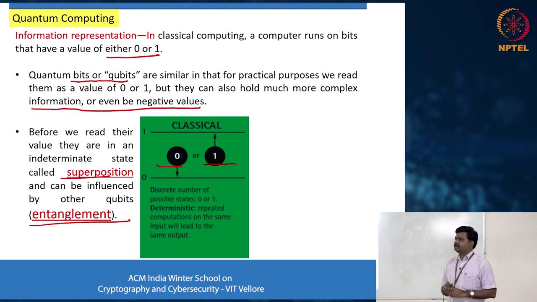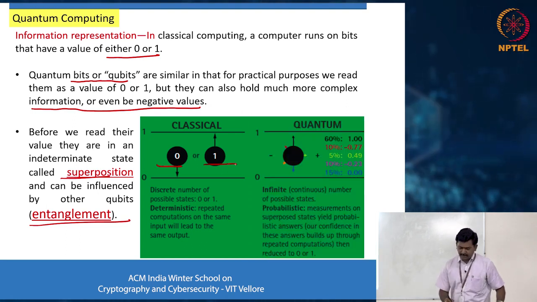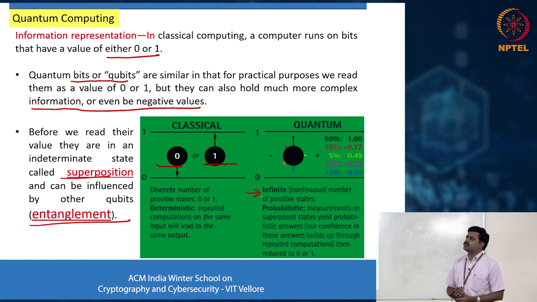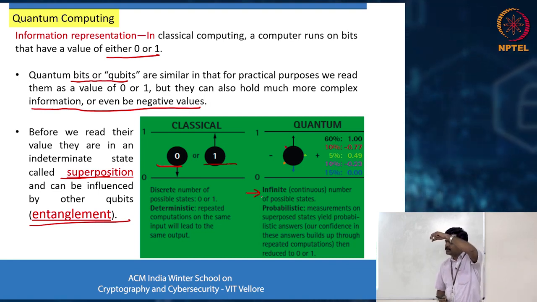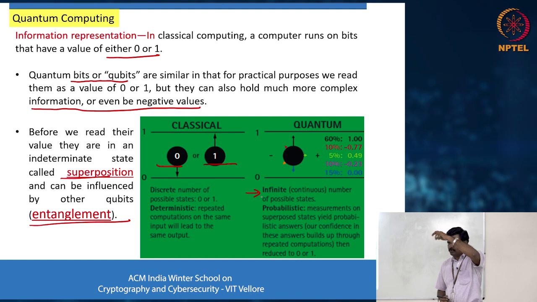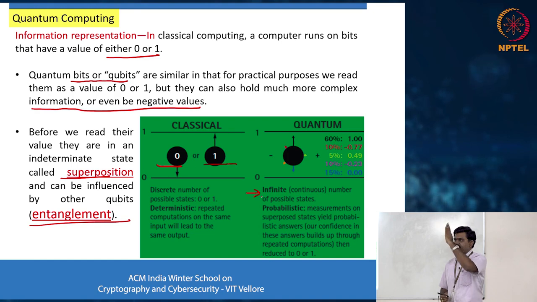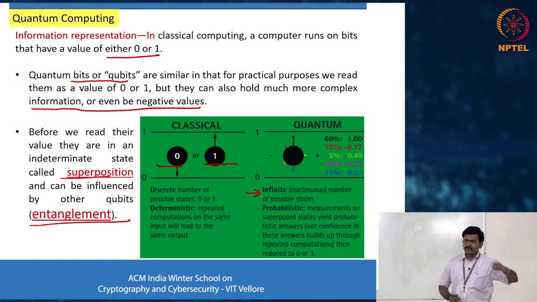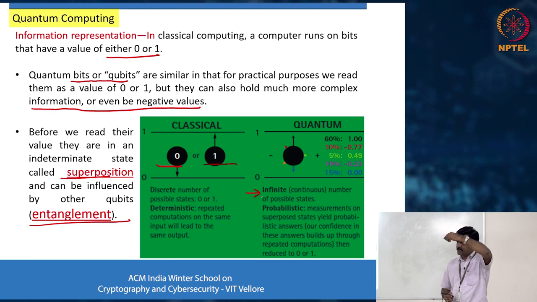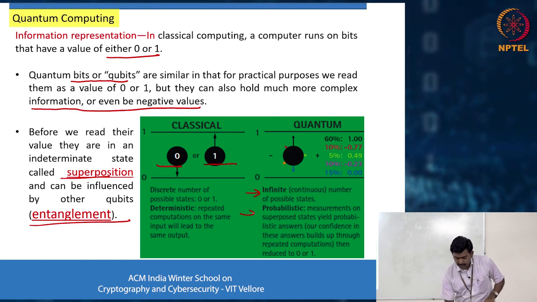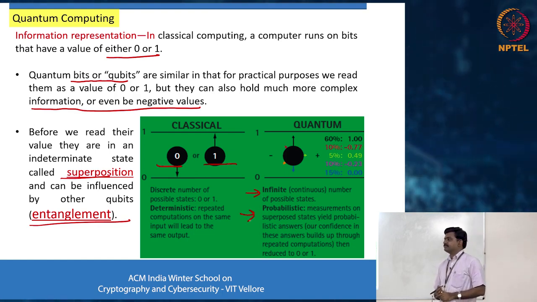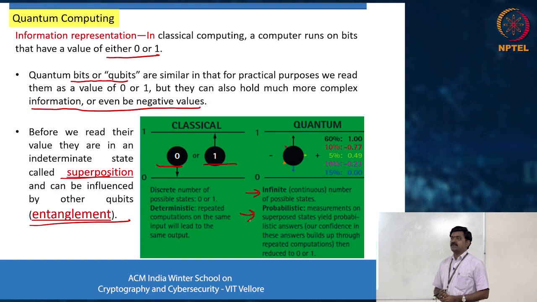In the case of quantum, it goes this way. Number one, it is not that you have only 2 states, you have infinite states. The reason is, when you spin the coin, you would have noticed that it is in various positions, right? Infinite positions at different angles. When you spin it, it is at different angles, right? So infinite positions, number one. Number two, output is probabilistic. So when you implement a quantum algorithm,